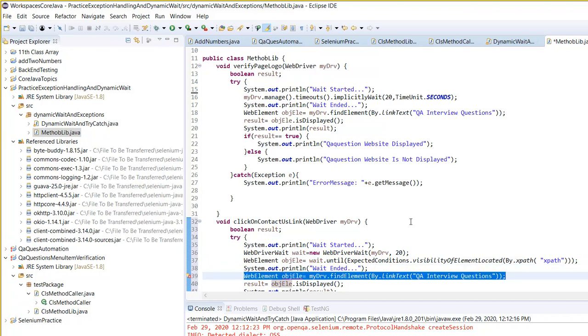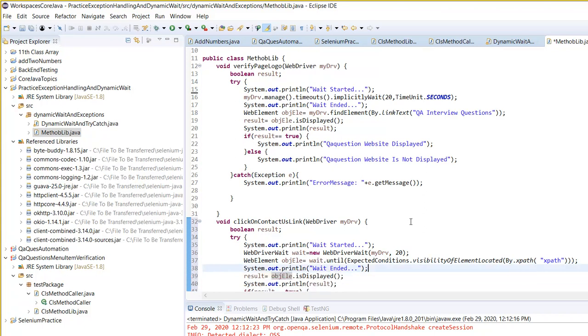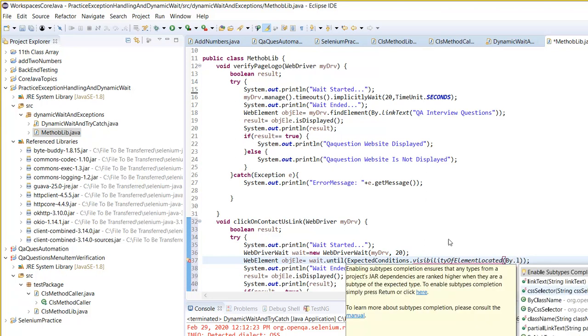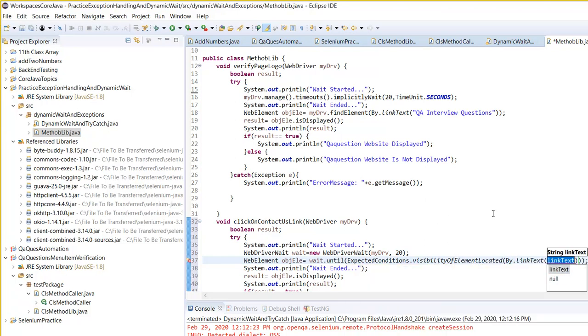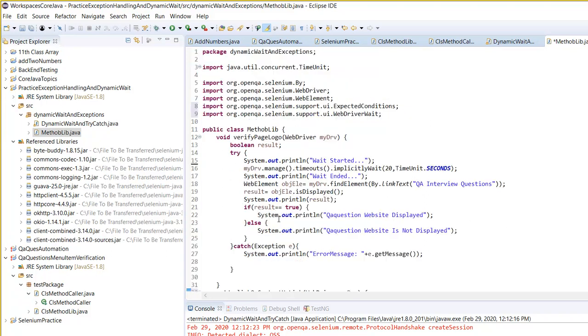Now what is the link? I am using visibility of element located by, and we are going to handle that object by link text. And what is our link text? Our link text is contact us. And then here, what will happen, if you put 40 seconds, let's say you put 100 seconds,